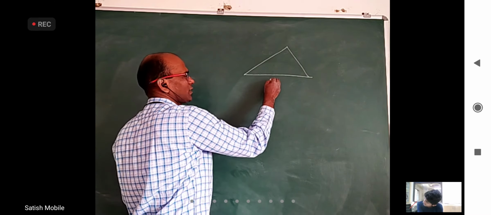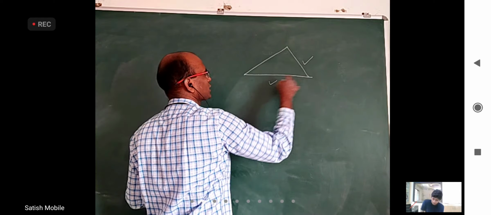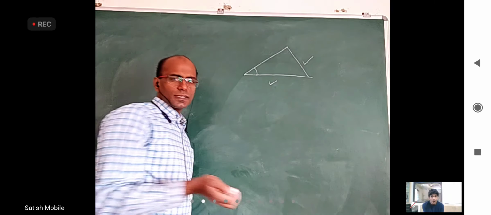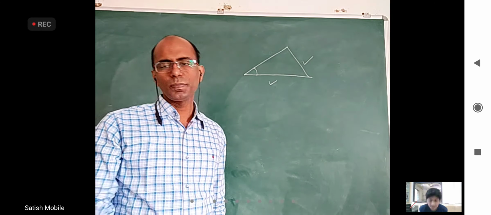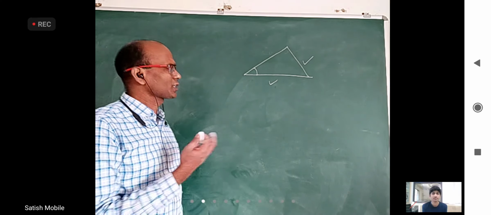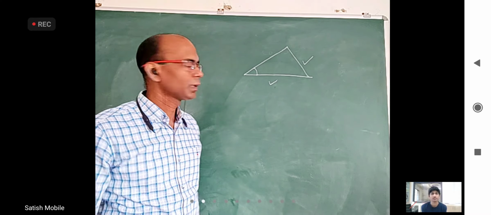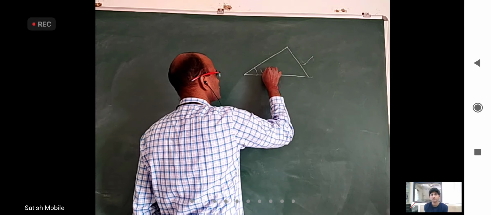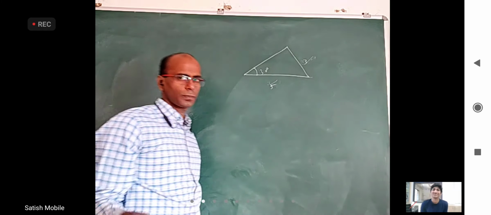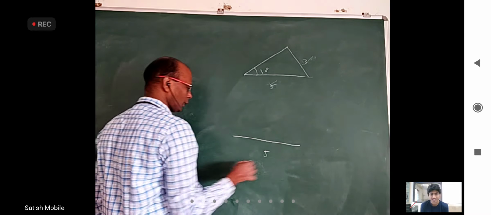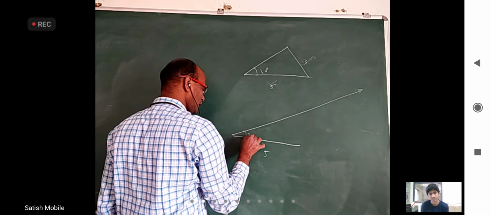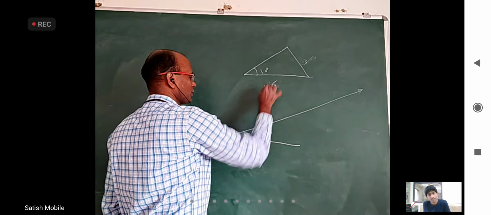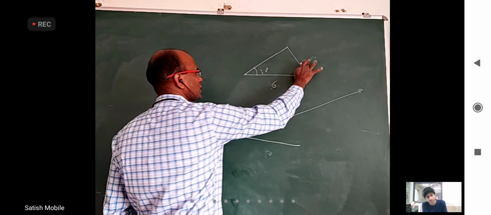Let us say they gave this side, but not this angle. They gave this angle, not the included angle. Now, there is a geometrical way of explaining this, and there is an algebraic way. Like last time, I asked how we are going to construct this. First, we will construct this side. For example, this is 5. Let us say this is 30 degrees, and this is some 3 or something like this. First, you draw 5. Draw a ray which is making 30 degrees. Let me take 6 just for comfort here. This is 6.